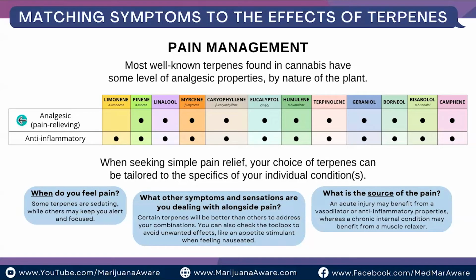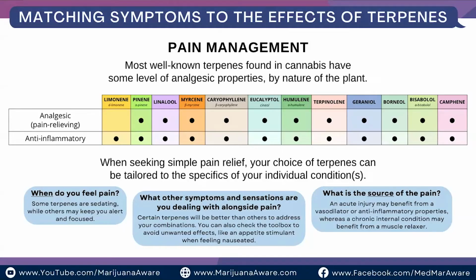Additionally, when we're thinking about pain management, we know that oftentimes, not always, but oftentimes, pain can be caused by inflammation throughout the body. And so when we're addressing that inflammation, we can conceivably help reduce the amount of pain that the patient is having because of that inflammation. And as we can see from the chart, pretty much every terpene is going to help with inflammation. And it's important to point out that